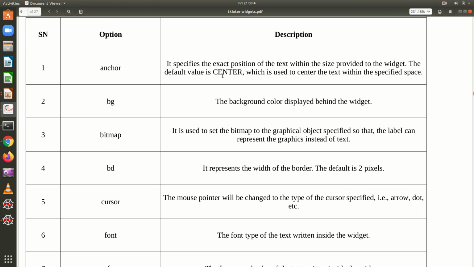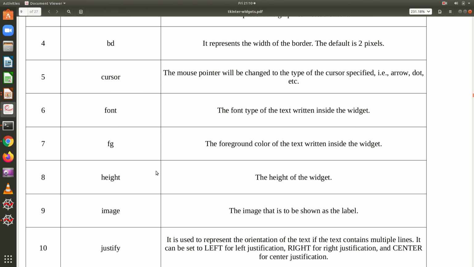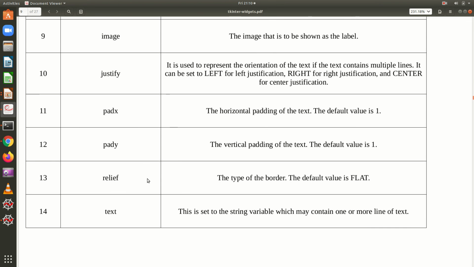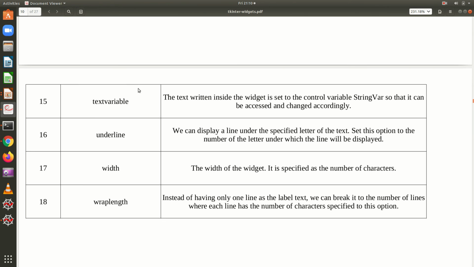The default is always the center, and if you want to justify it, you can, or if you want left justification, right justification, that can also be given. These are the different possible options available: padx, pady, ipadx, ipady, and you can also have a text variable.